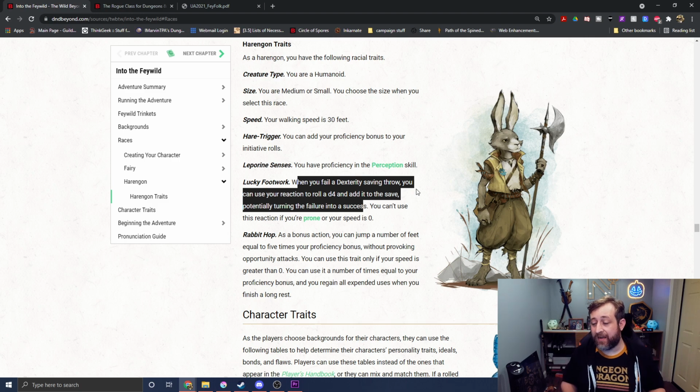Also, Rabbit Hop makes this a wonderful race for anything because it gives you a bonus action disengage. Now again, probably not the best for the rogue. That ability kind of is lost on the rogue because rogues can disengage as a bonus action starting at level 2 with cunning action. However, any other class that doesn't have access to a freebie disengage,